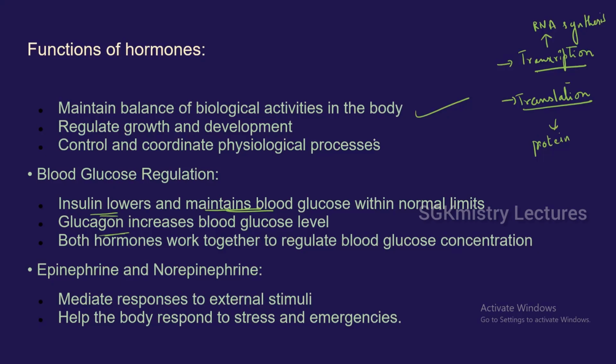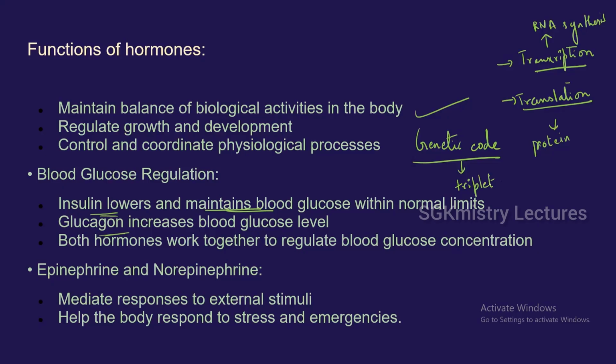Next, there is something called the genetic code. This is also something extra. The genetic code is a linear sequence of three nucleotides, what we call a triplet. And this determines the specific amino acid sequence that has to be present in the newly synthesized protein. This is called the genetic code. It is like a code which will